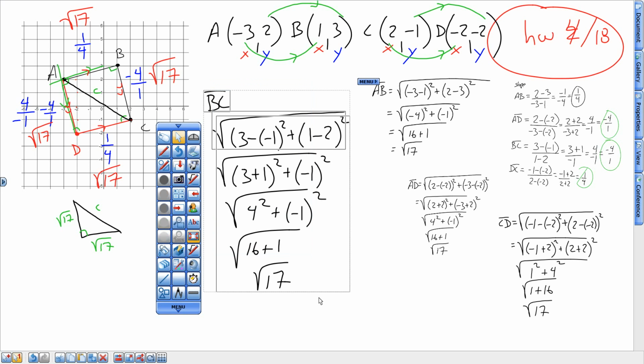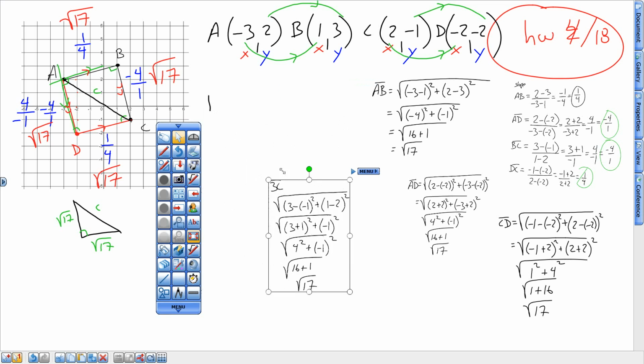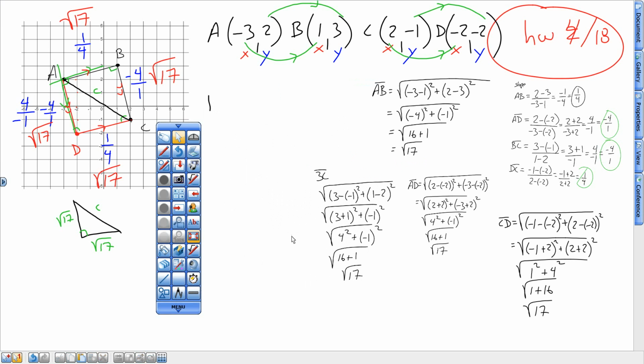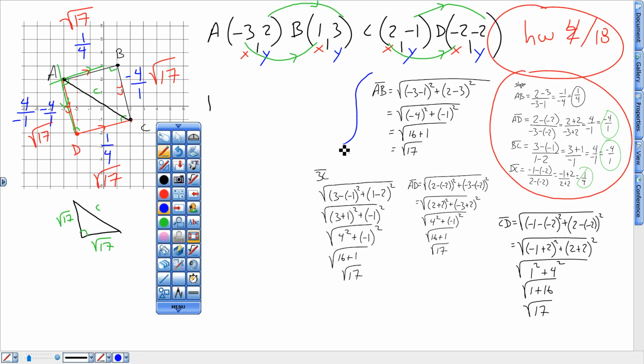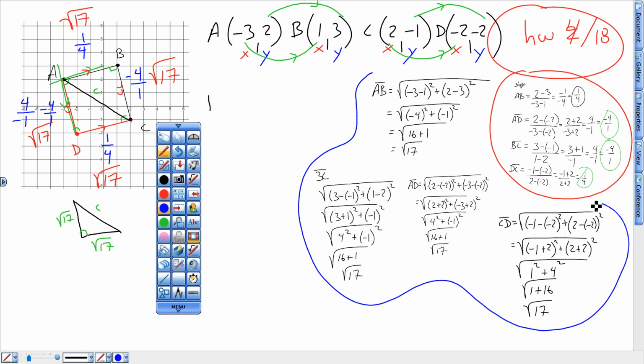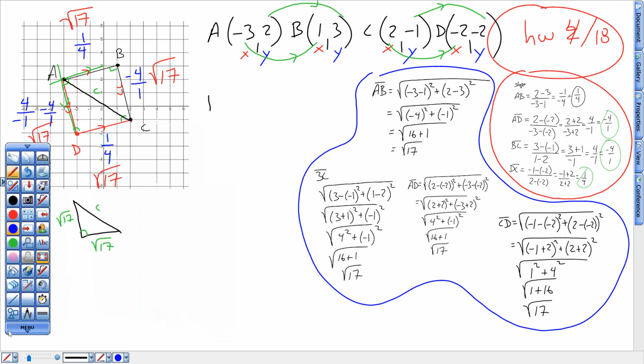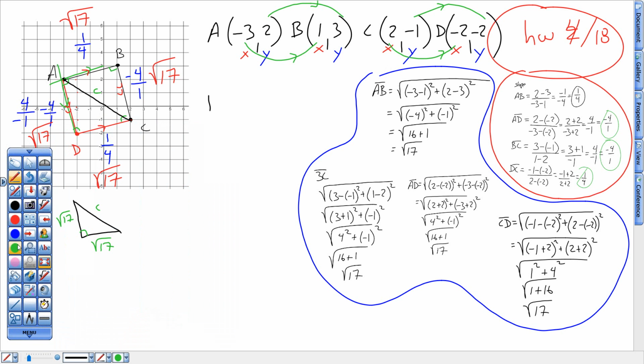What I've used so far here was the distance formula, the slope formula. Now I'm going to use the Pythagorean theorem, knowing that Pythagorean theorem is a little bit different. It does not have you subtract the x and y numbers. That's distance, and slope has you subtract the x and y numbers. For Pythagorean theorem, it's just c squared equals a squared plus b squared. So I'm going to plug in into this c squared equals